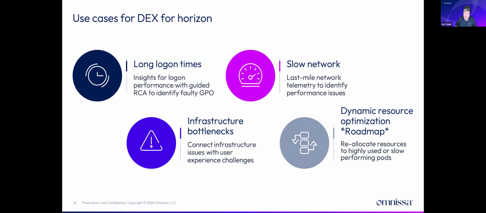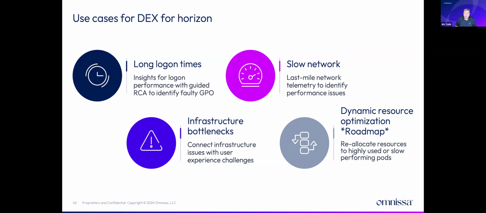So long login times, like how do I dissect that? If there's a group of users getting long login times, where's it coming from? Is it coming from faulty GPOs? So a lot of granular data available there. Slow network stuff. The classic thing I used to deal with all the time is users complaining about random performance issues, and a lot of times it was a matter of having sort of an inquisition with the user to figure out what they were doing that caused that. And oh, lo and behold, I was sitting at Starbucks on really awful Wi-Fi. Well, now we can just grab that data from the user.